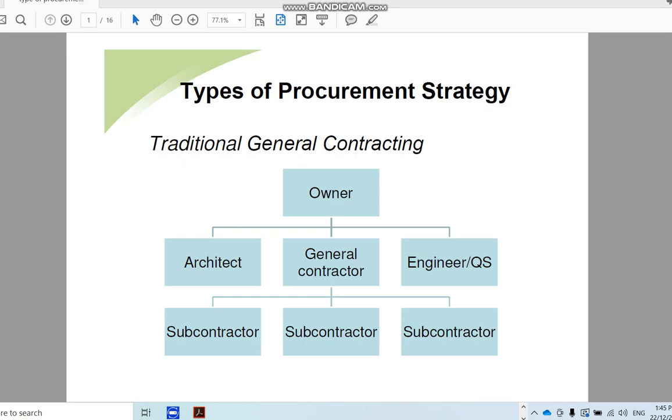So the general contractor, of course, his responsibility is to build the project, provide the service, provide the expertise, provide the machineries, material, and all that, and build the project, deliver the project and pass it back to the owner. And the owner's responsibility is to actually pay the contractors for the work and the materials and the goods and the services that the contractors provided. So these are the relationships between the